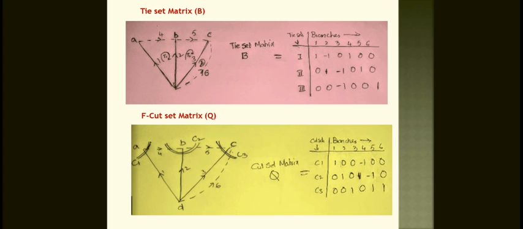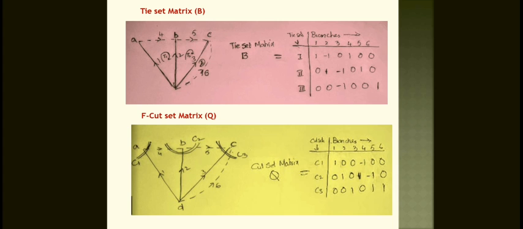And we will come to tie set 3. In this matrix, tie set 3 is connecting only here and here, so only two currents link up. What are the currents actually? I3 and I6. So here branches 1 and 2 are irrelevant, 0, and branch 3 goes in the forward direction toward here, so minus 1, and 4 and 5 are irrelevant, and 6 is in the positive direction, so plus 1. So this is about the tie set matrix.